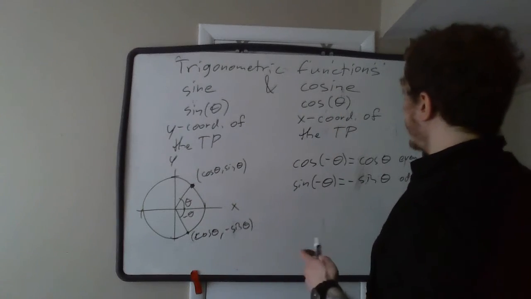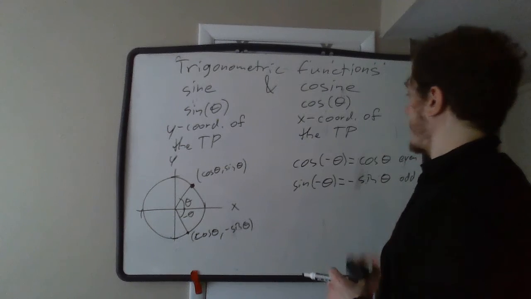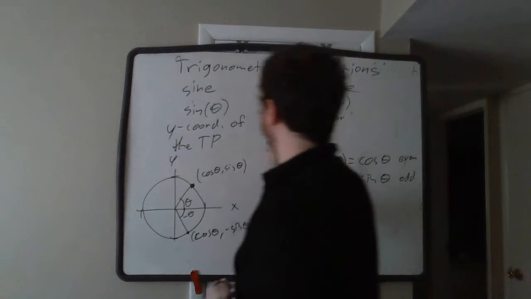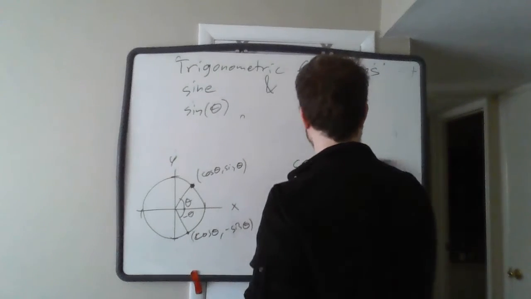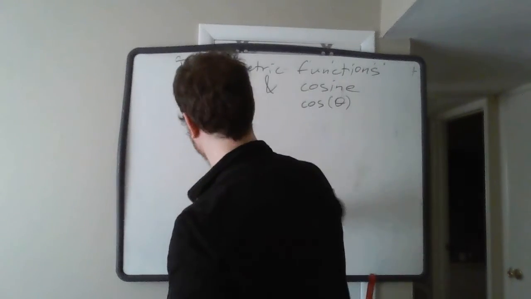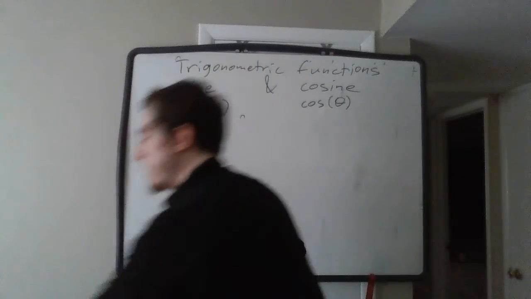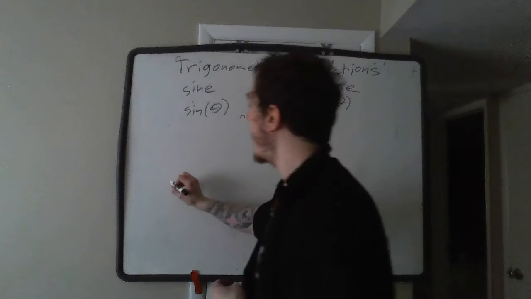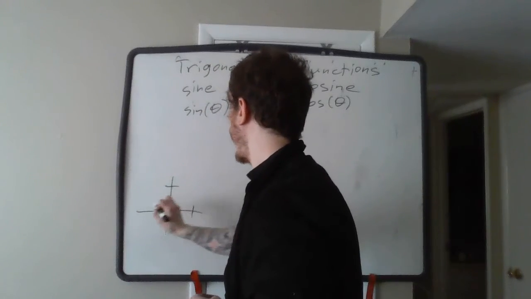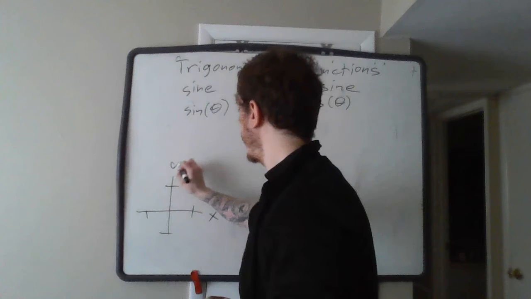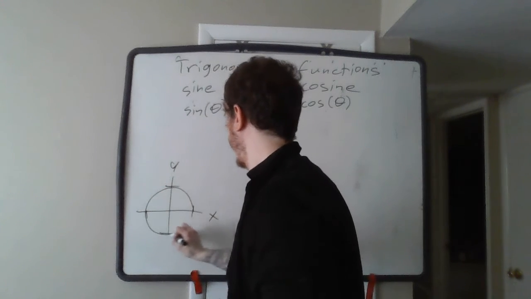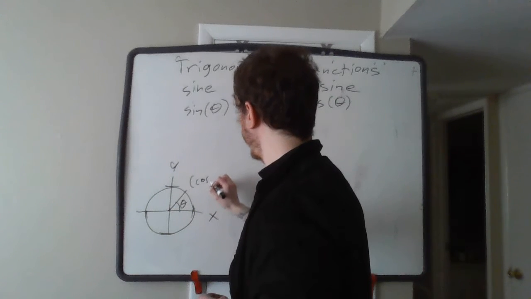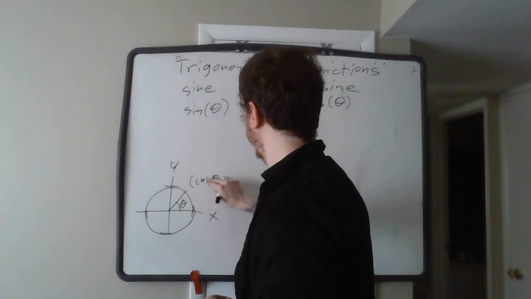Now, let's take a look at a couple of other properties here of sine and cosine. The next property that I want to observe, and I don't know why I just erased the unit circle. I actually kind of wanted to have a unit circle that I could refer to. Let's put that unit circle back. And here's my terminal point, cosine theta, comma,